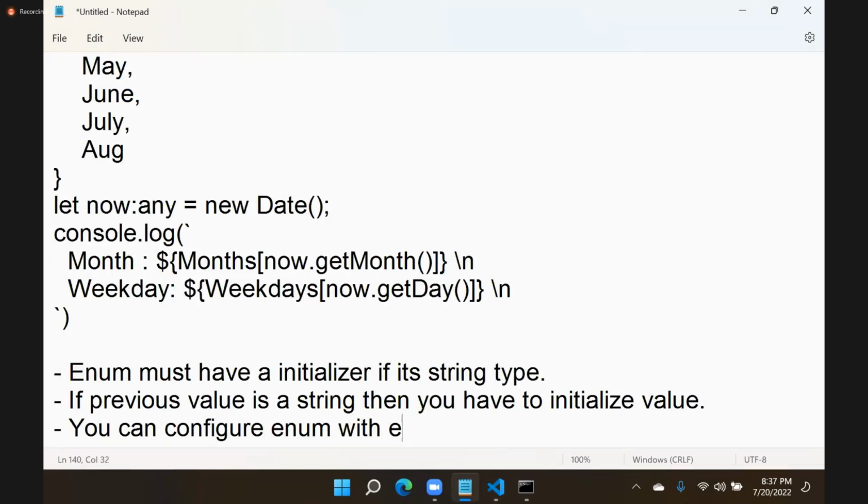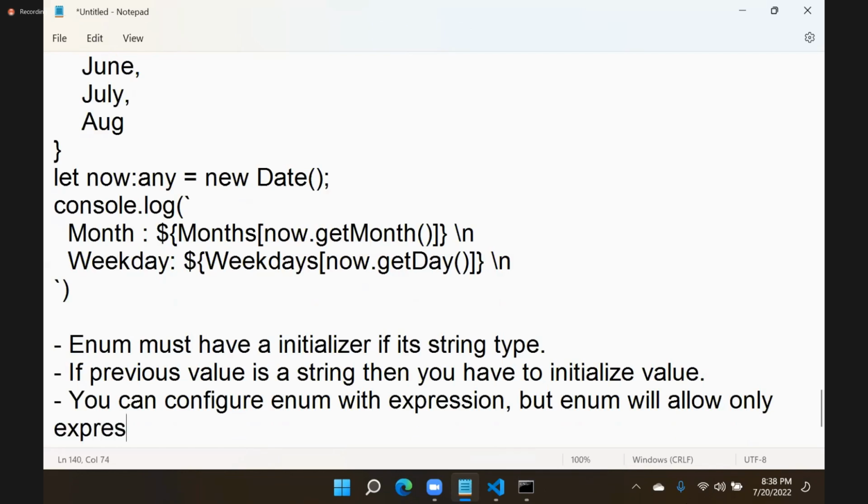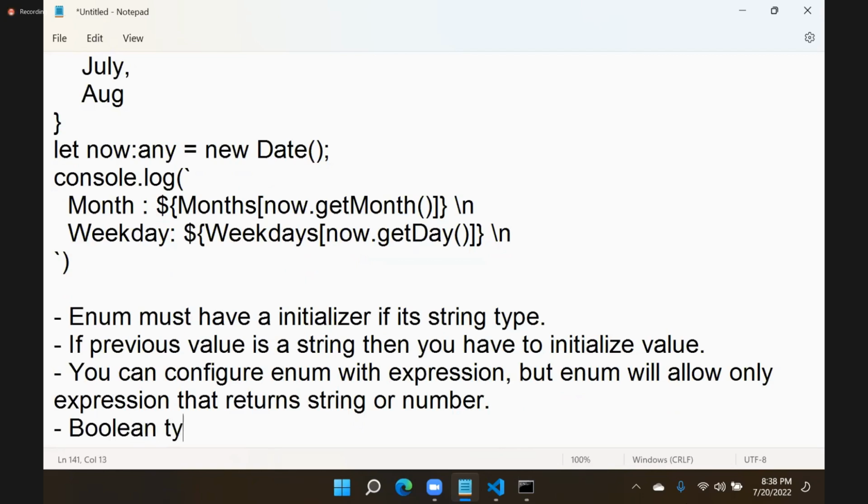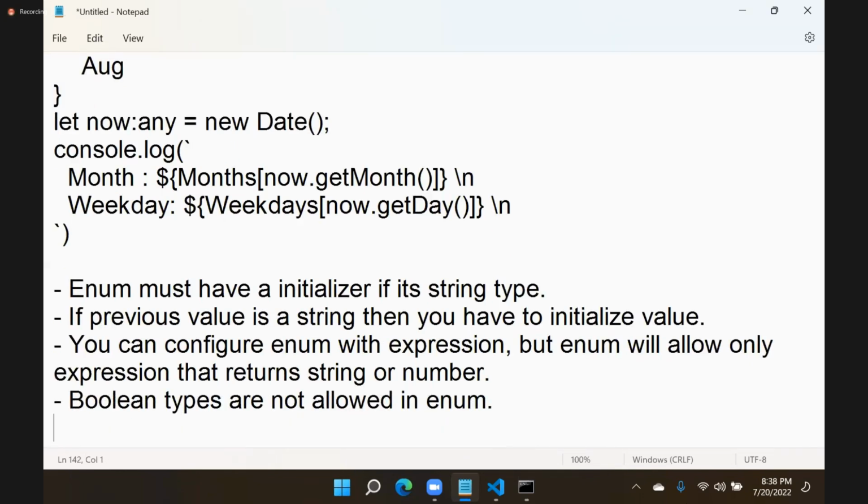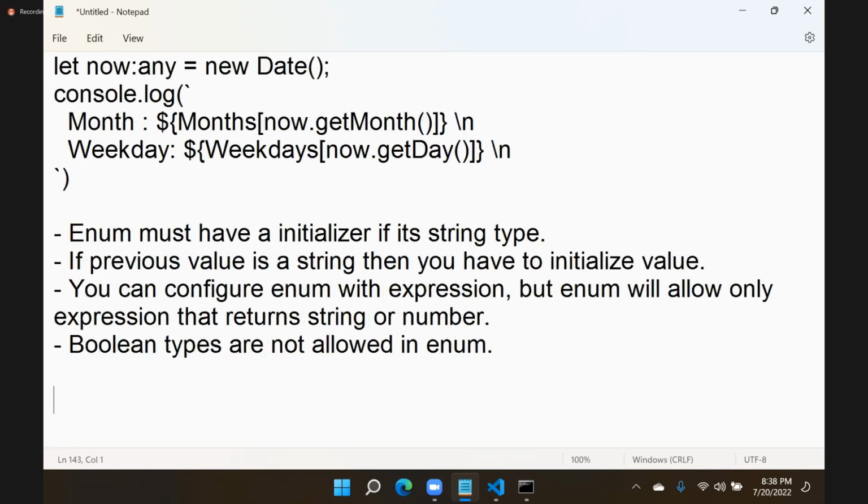Enum with an expression, but very important: enum will allow only expressions that return a string or number. Boolean types are not allowed in enum, whether it is a value or an expression. Booleans are not allowed. That is the reason in some TypeScript interviews they ask a question like, what are